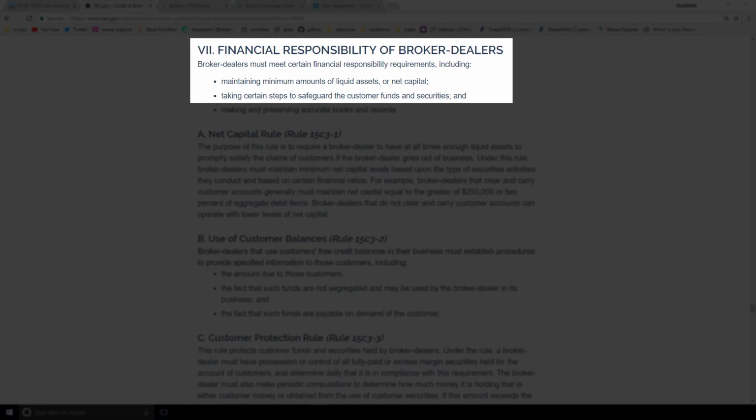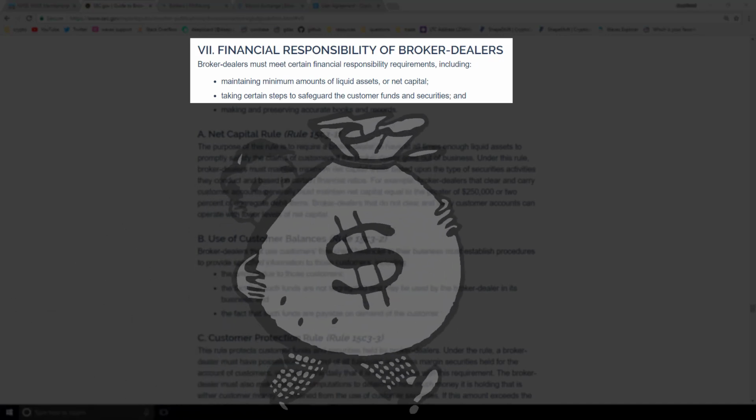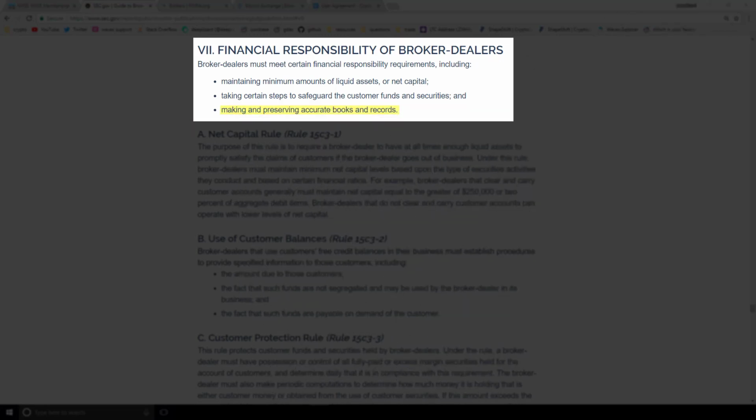So this implies that the broker is going to be in custody of or have customer funds and securities. So they hold those particular funds and securities for investors and traders. Next, we have making and preserving accurate books and records. We saw that exchanges facilitate trading, and we are now seeing that broker-dealers provide account management services and record-keeping services